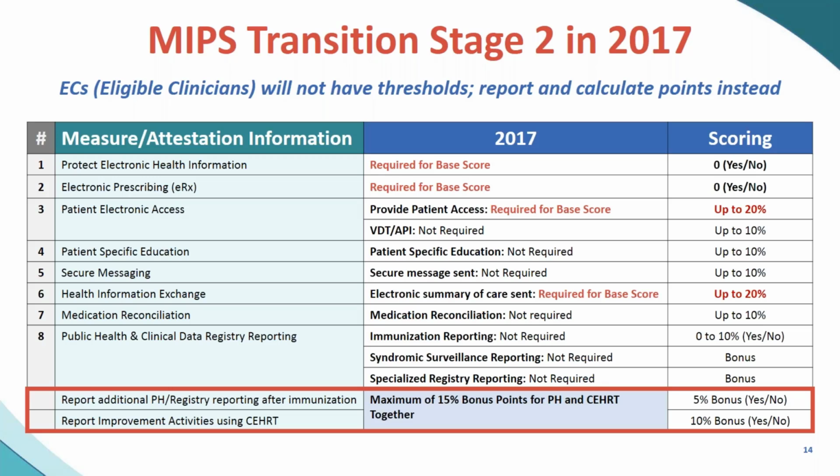So if you're able to get to the 20th percentile, you get to the 30th percentile, you're going to get double credit. So please incorporate the sending of the direct messages into your workflows as soon as possible. Get the care teams used to doing it. Absolutely. I think that's so important to note, that you do get the additional score for patient access and for electronic summary of care.